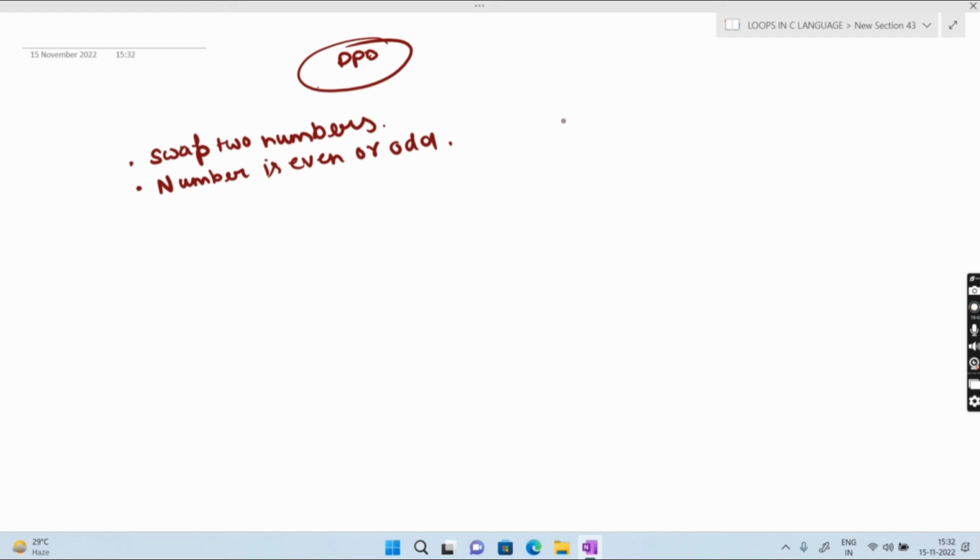Third program you have to do is largest number among n digits. So these are three programs which you have to do from your own. I will tell you in next class what is the basic logic for these programs.